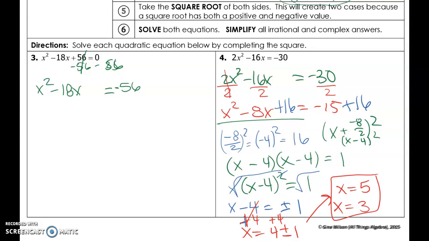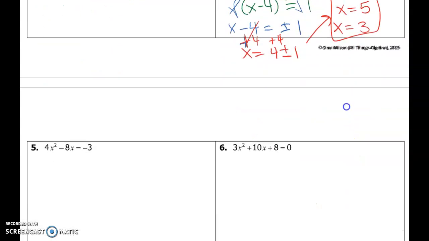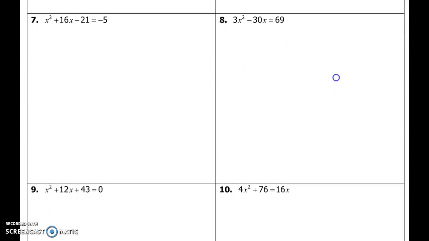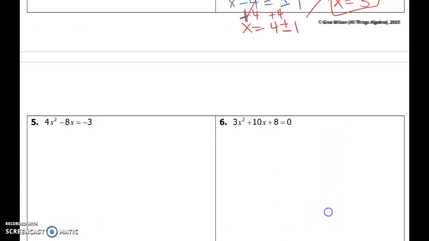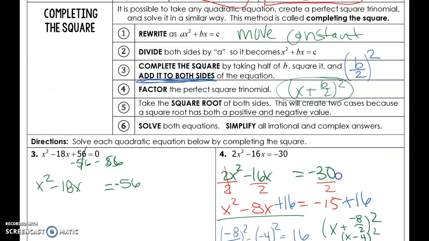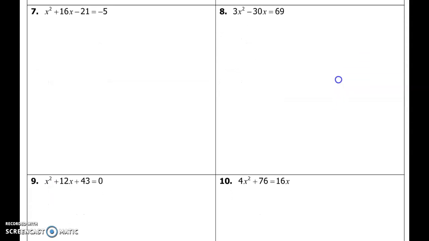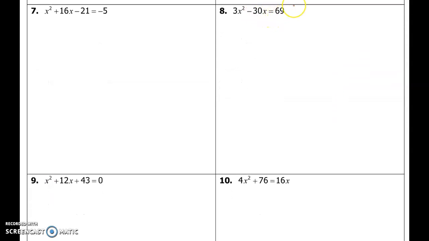Alright, so the next example I'm going to do is example number 8. And I'm going to keep referring back to these steps. Step 1 is to move the constant. Step 2 is to divide by a. Step 3 is to add b divided by 2 squared. So I'm going to do that here. Step 1, move the constant. Done. Step 2, divide by the coefficient. And I get